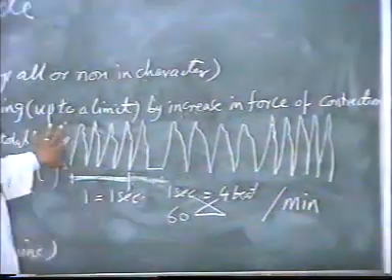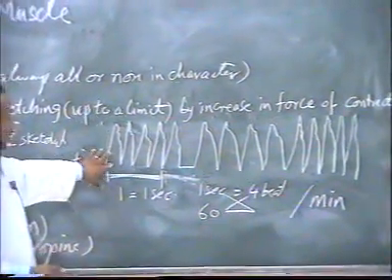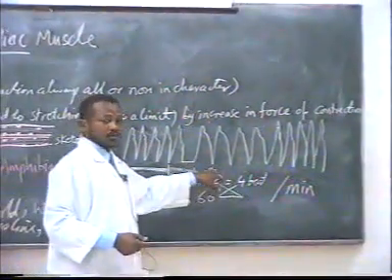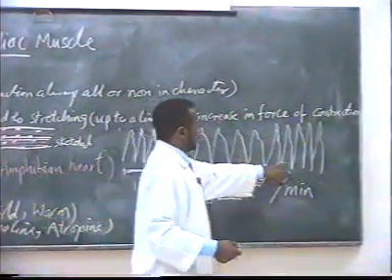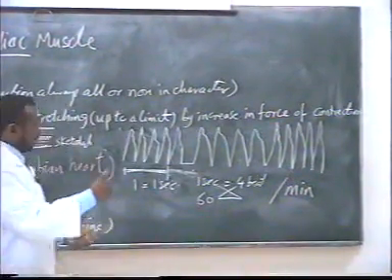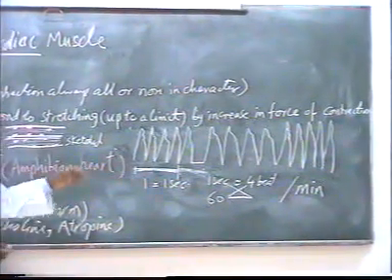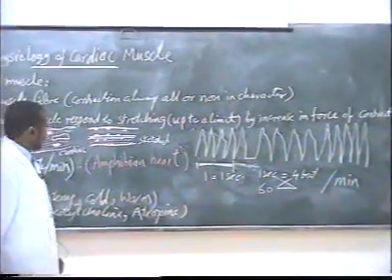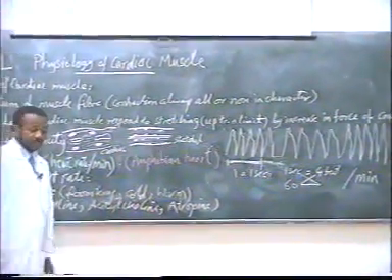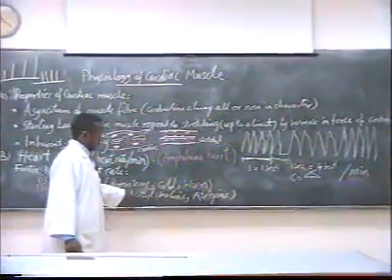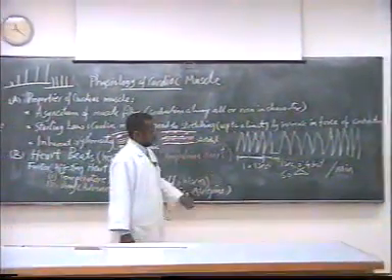So we have to record the normal heartbeat at room temperature. Then we add cold ringer, and then we add warm ringer solution, to compare the heart rate at the 3 different temperatures. Also, using the same way, we add adrenaline, acetylcholine, and atropine, and we observe the changes in the